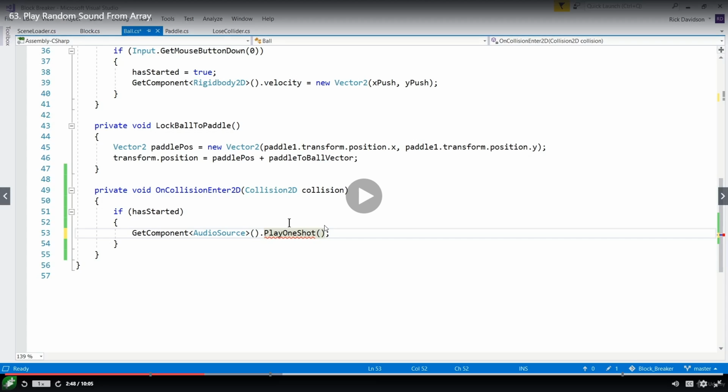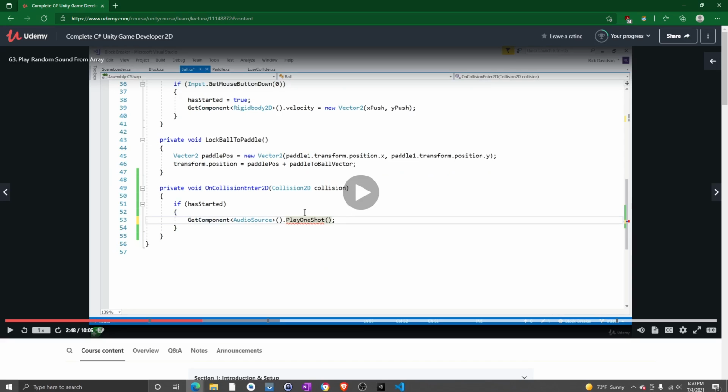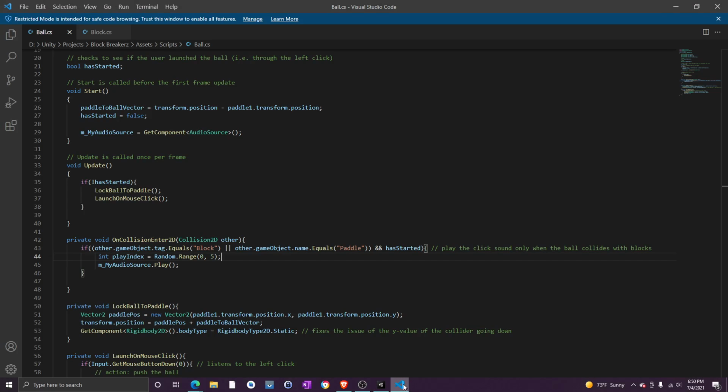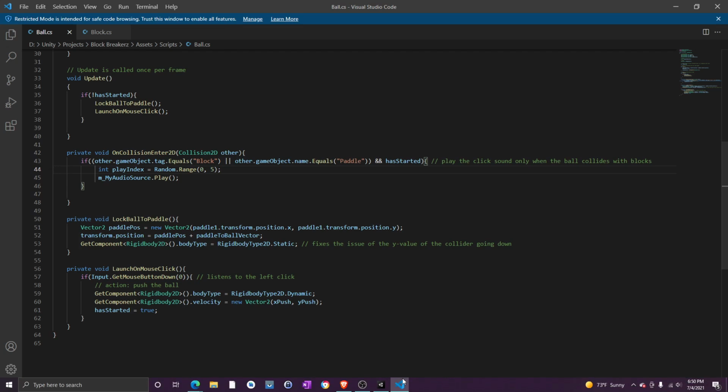So that makes me think that it can only play one sound per, I guess. That probably doesn't make any sense. Alright, so yeah,